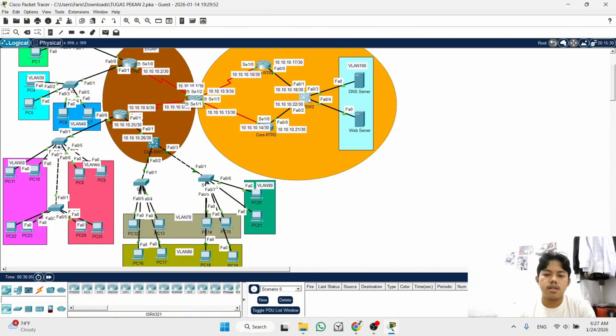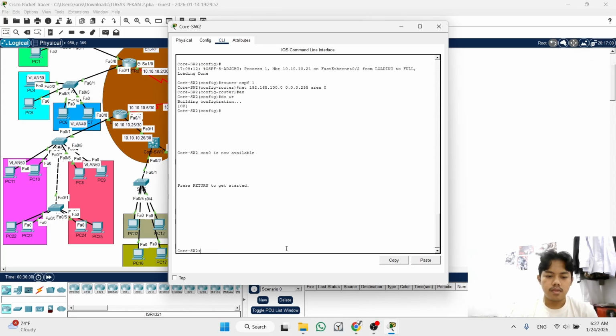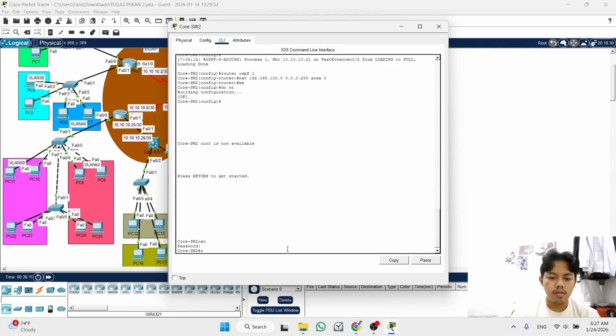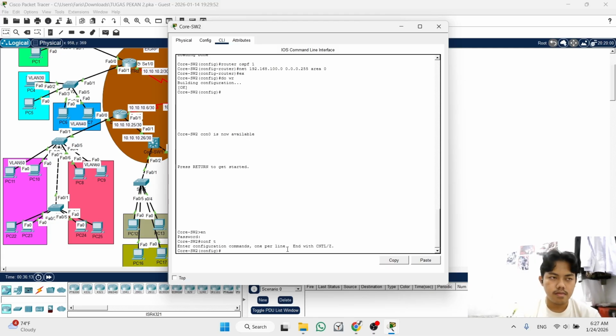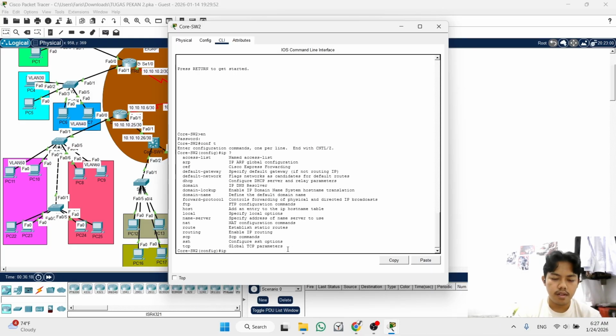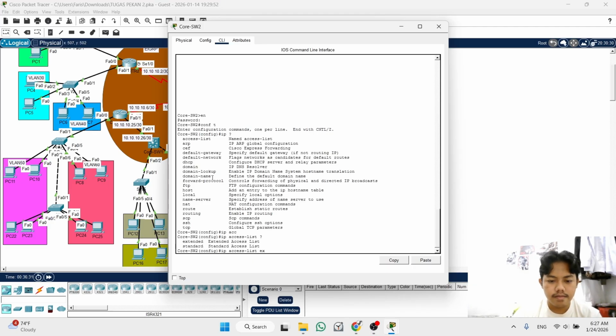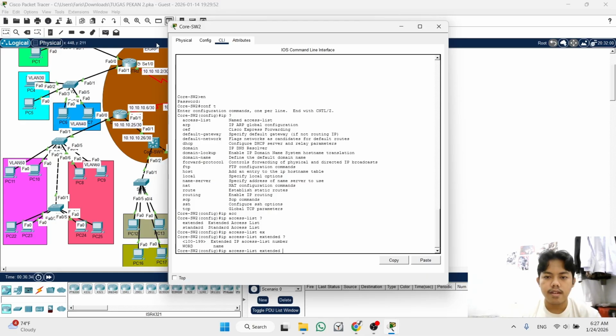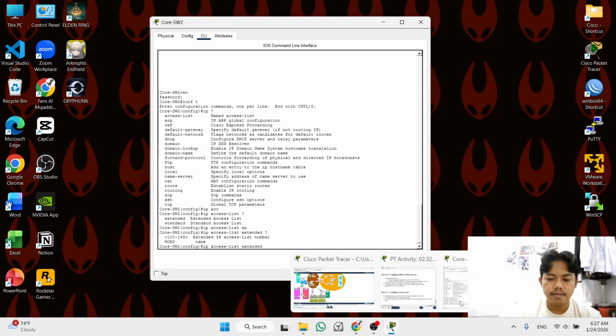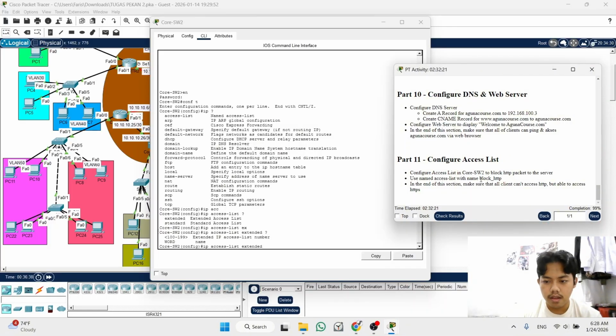Go to global configuration and then you add IP access-list extended. And then you write the name of our access list, that's block HTTP. You can just copy and paste.